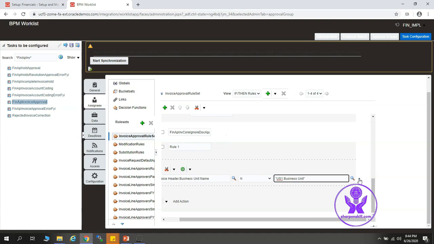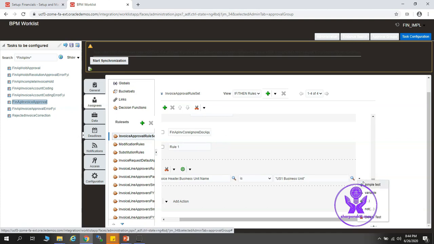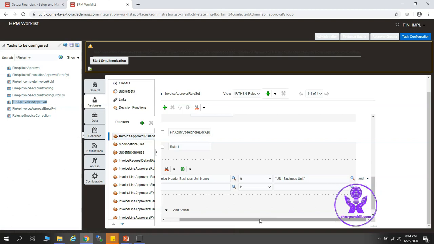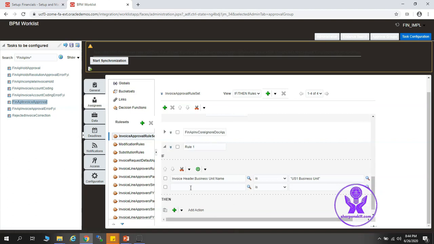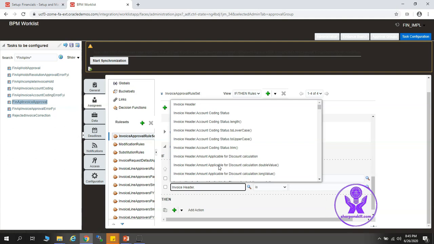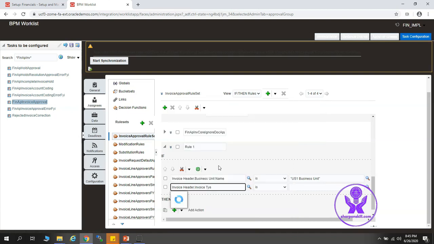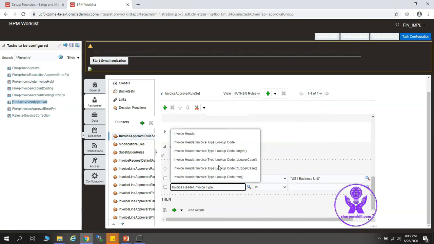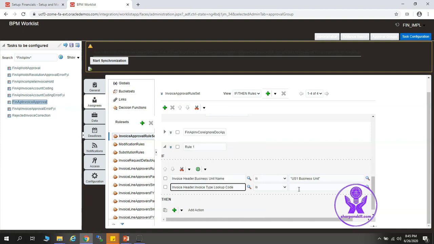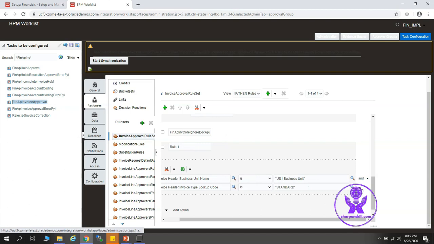Now I'll add another condition. Select simple test. Invoice header dot invoice type lookup code as standard. Now I will add the amount condition.